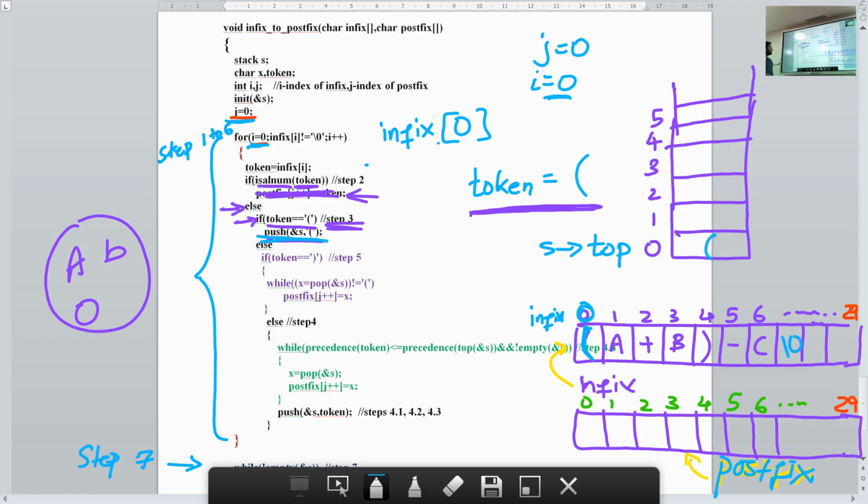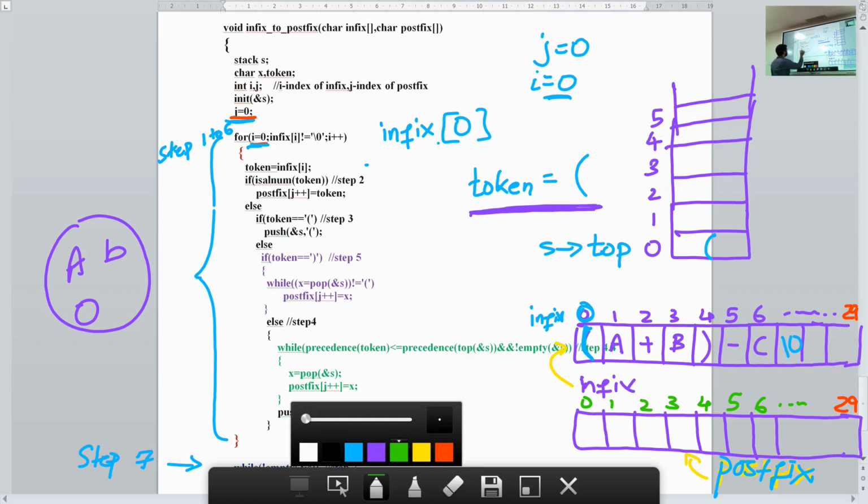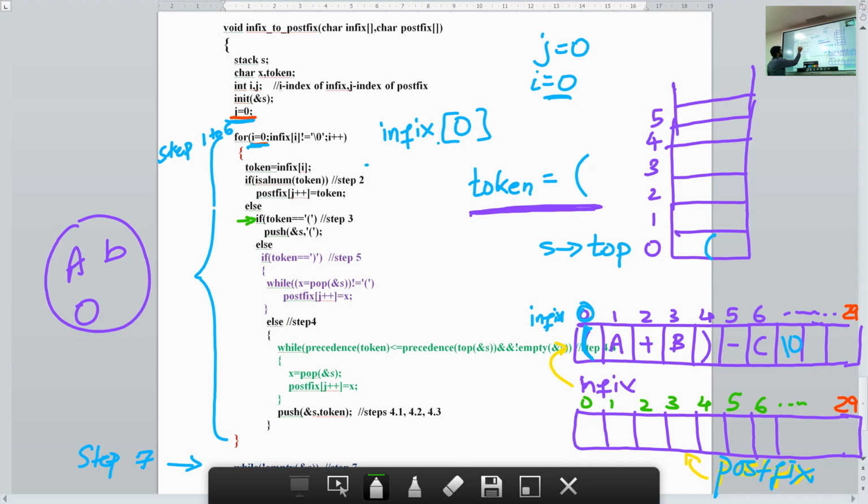So now this is your current state. Once we execute this if statement, we do not execute this else statement. This entire part comes under this else, so we do not execute this portion. Okay, got it?